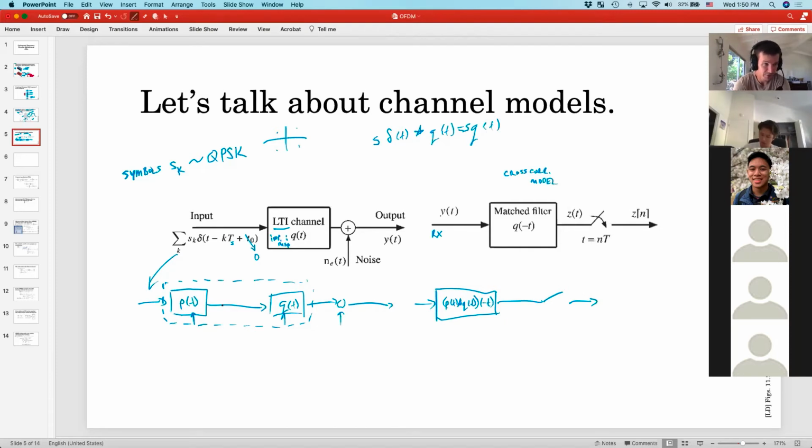I mean, what are you going to do? You're going to send some impulses into the air and then wait and see what you hear? That's actually technically kind of what a pilot signal does. But nevertheless, this Q is, for our purposes, hard to know. Now, you could probably spend a whole 10 weeks talking about that statement and methods to overcome it, things like feedback and measurement and adaptive filtering and all that good stuff. But for our purposes, Q of t is going to be hard to know,